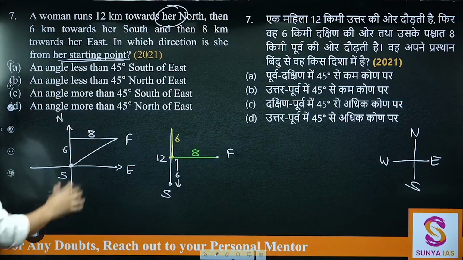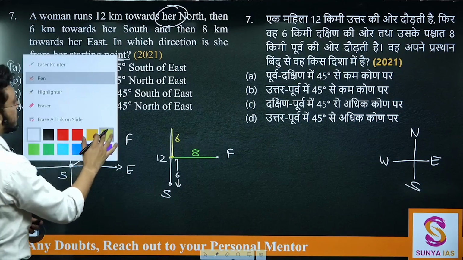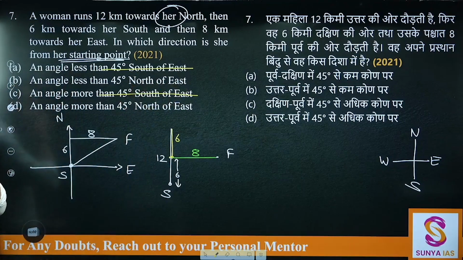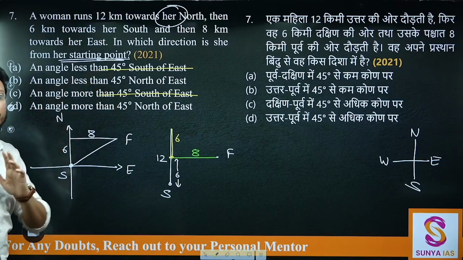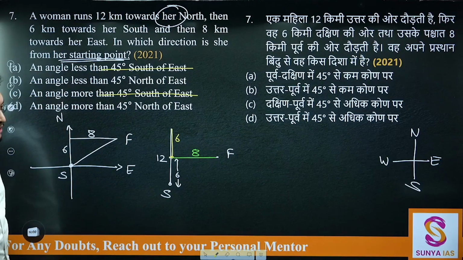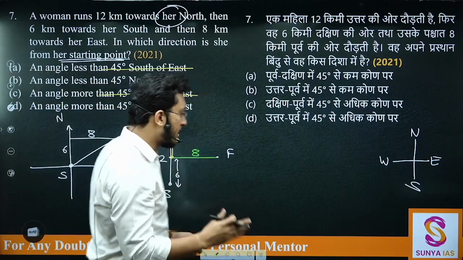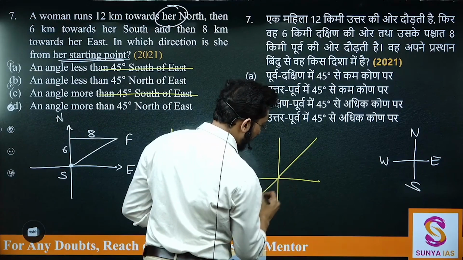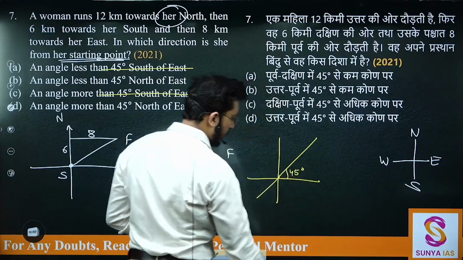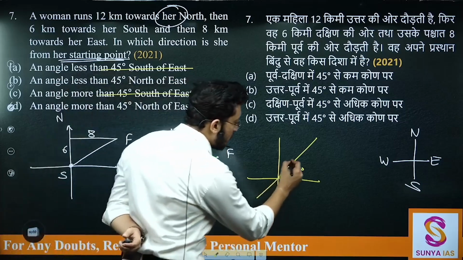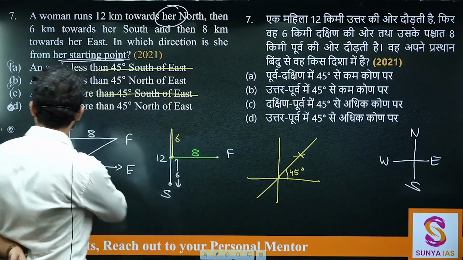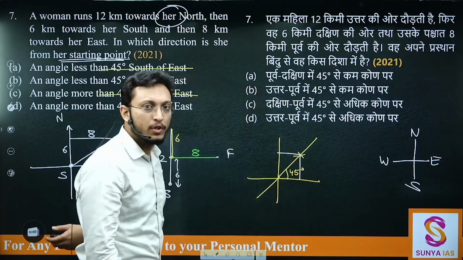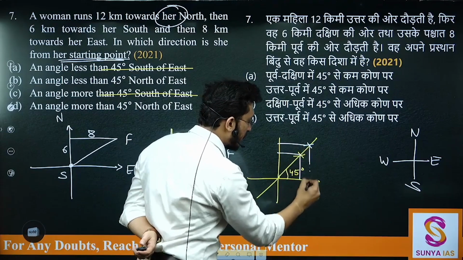अब northeast में से भी कौन सा, यहाँ पर you have these two options. These two options as north of east, but how many degrees, whether it is less than 45 degree or it is more than 45 degree north of east. Now you need to understand that 45 degree is the exact middle line between these two directions. So if I need to make exact middle line, this is where you have 45 degree. So for 45 degree, if you observe any point, its distance from this and this will be same, because it is the exact middle line between north and east.